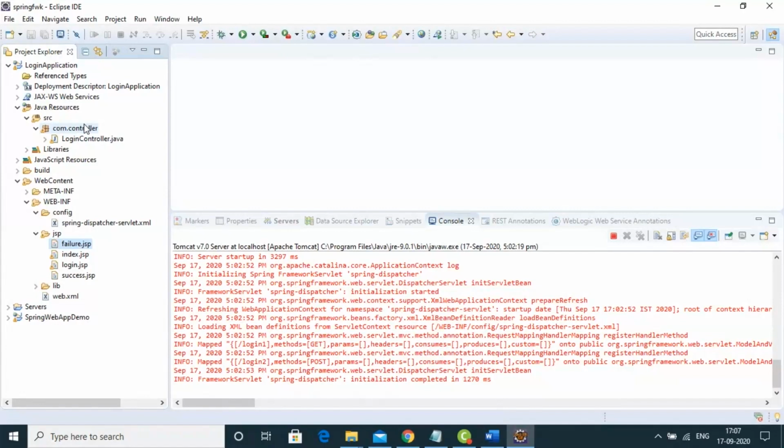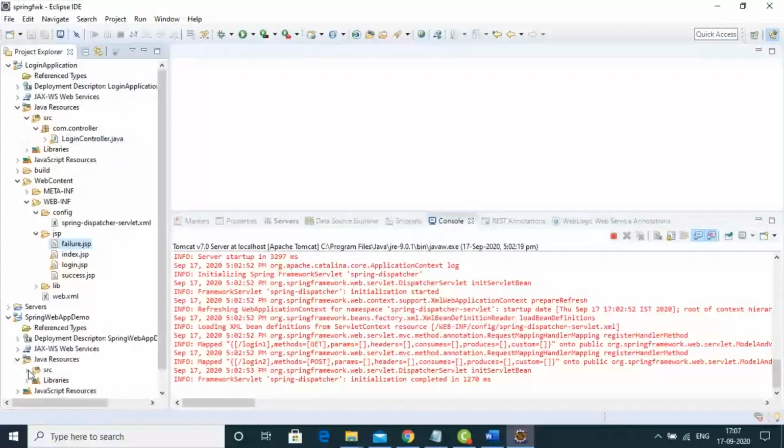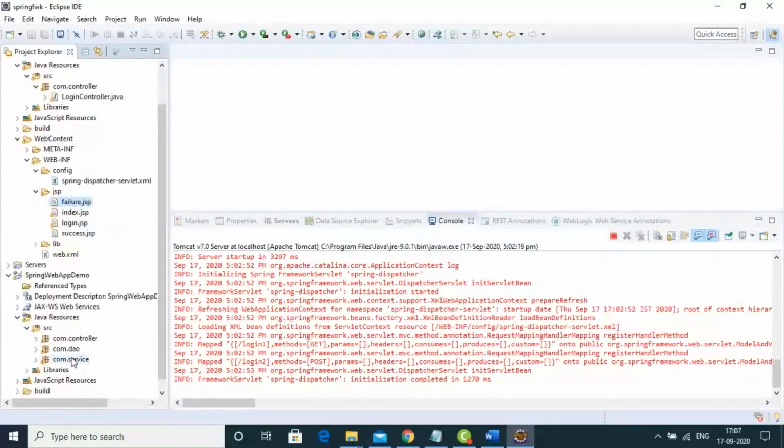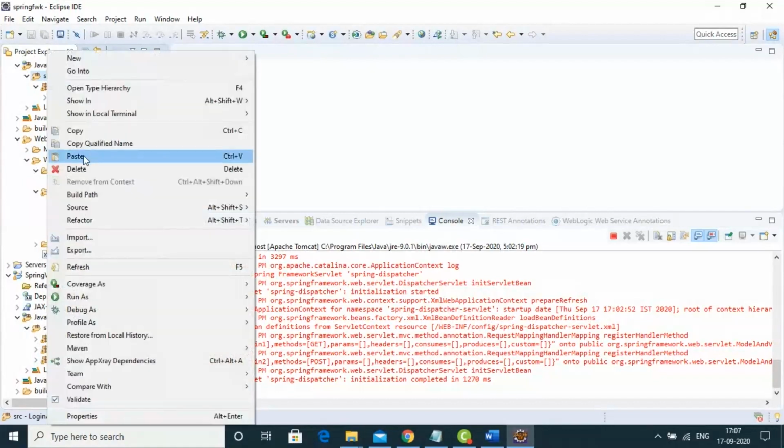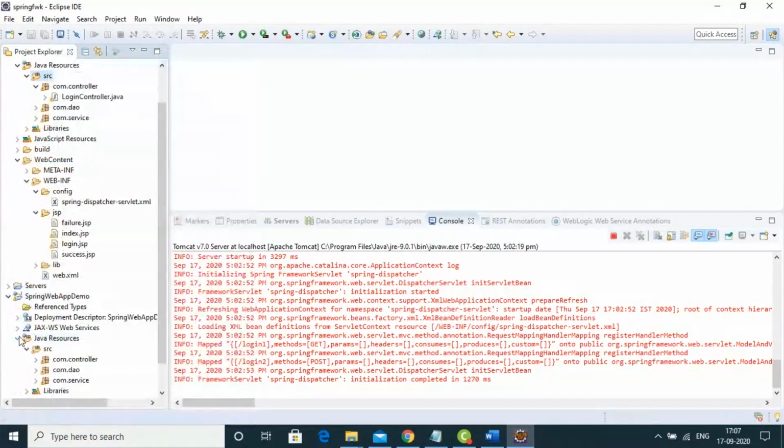Right. So if the controller layer is calling the service layer, how is it done? Just see here. I'm going to do some copy paste because you've written lots of things. So assume I've already implemented this DAO layer and service layer. Ctrl+C, and Ctrl+V. So if you see here,